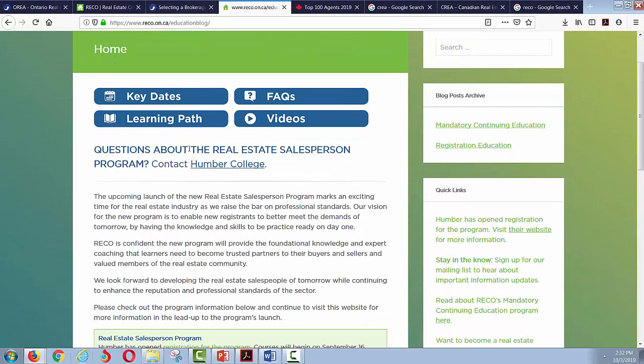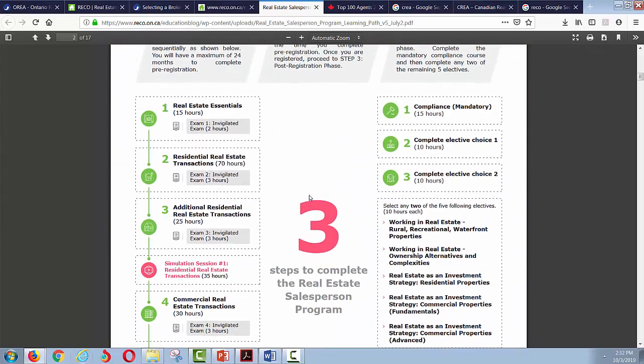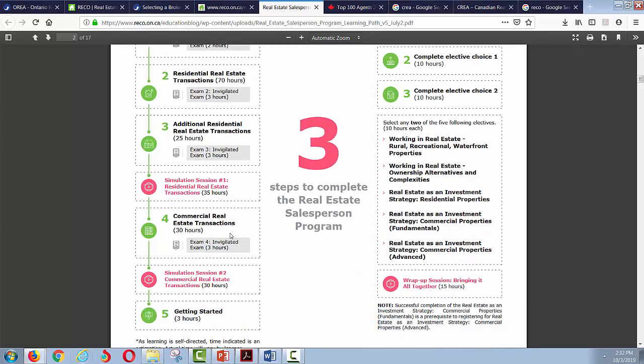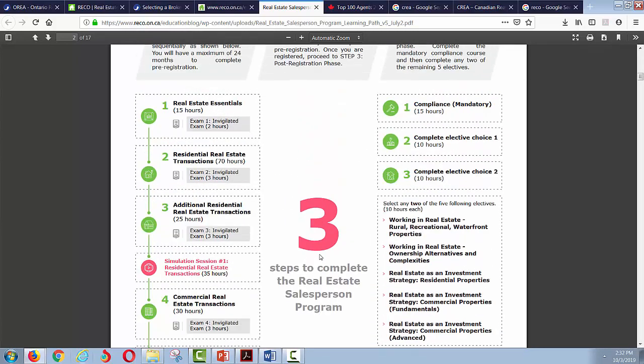And it breaks down, like, here's the learning path, right? It breaks down a variety of courses in here and when you take it. So you've got to take these 3. Okay, then you've got to take the 4th one, and you've got to pay. See, look at the hours involved. I mean, this is not just like take a test and get your license, like it is in many states and still in some provinces.